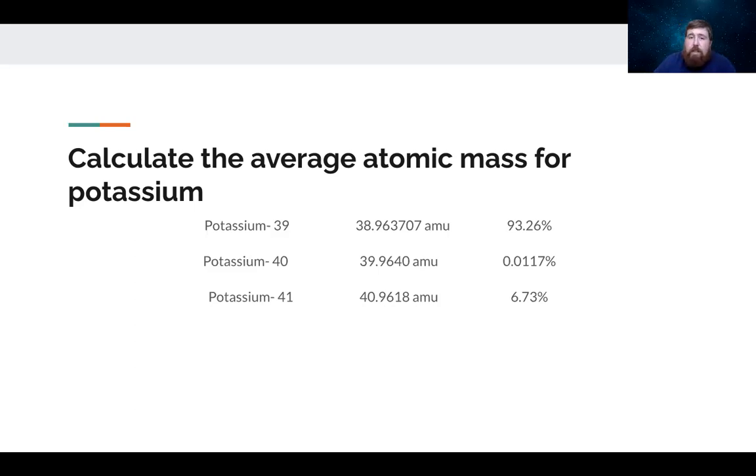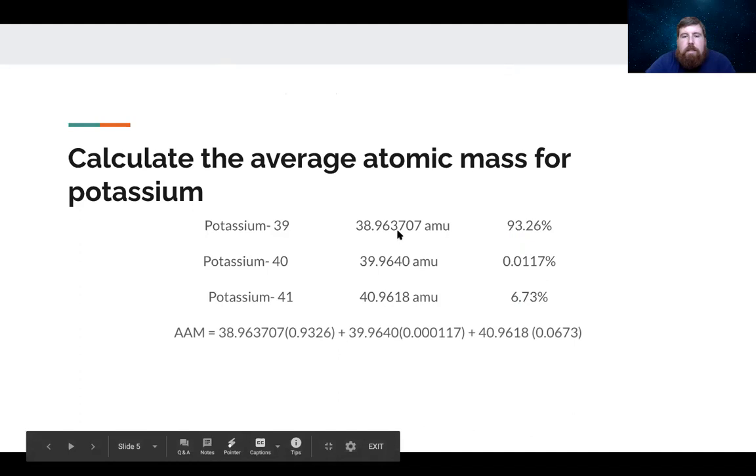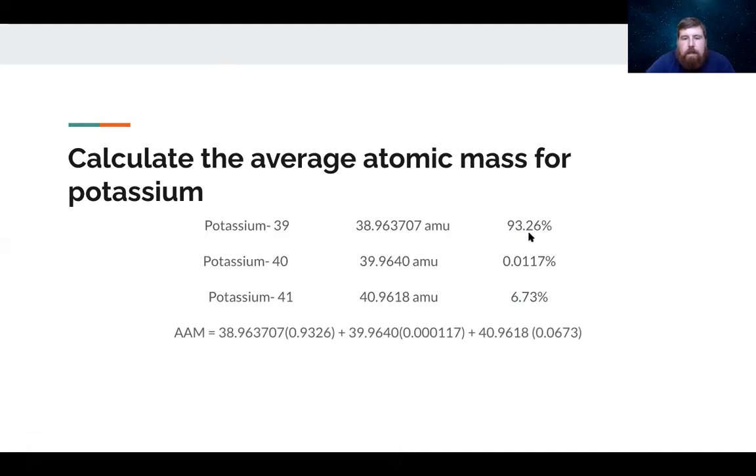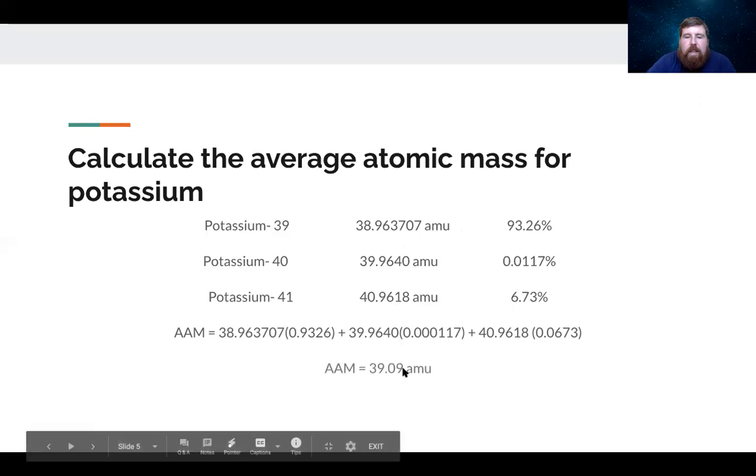So when we're calculating this, I just want to remind everyone to always scoot your decimal place over twice. So 1, 2, 1, 2, and 1, 2. And our math is going to end up looking like this, where the average atomic mass is the mass of the first isotope times its abundance, plus the mass of the second isotope times its abundance, plus the mass of the third isotope times its abundance. And we go ahead and calculate this out, and you get